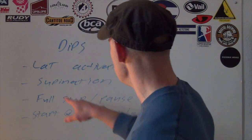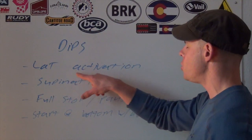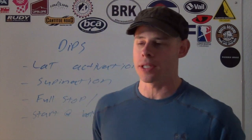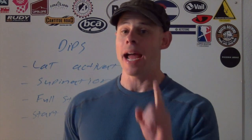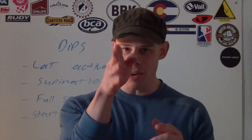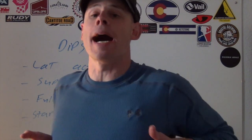So here's a couple things you can do. Number one, always make sure your dip is just as much about your lats and your back. Okay, so try this for size. Get into the dip bars, push those shoulders down. They should be all the way down, away from the ears. And as you go down into the dip, they shouldn't move up. Have someone videotape you front facing on a dip. You should see your neck the whole time,